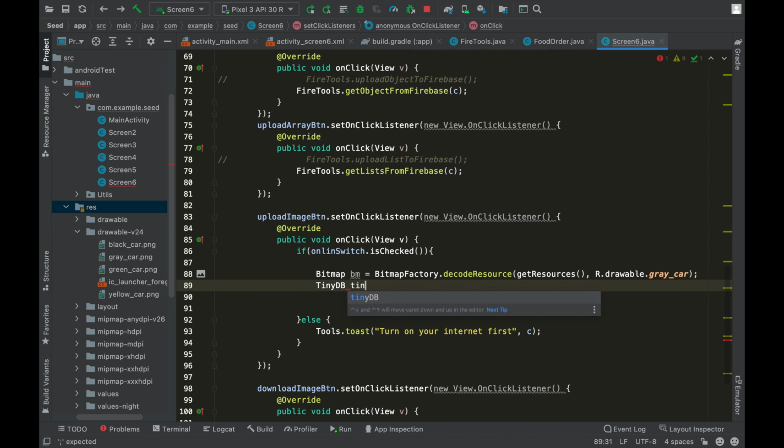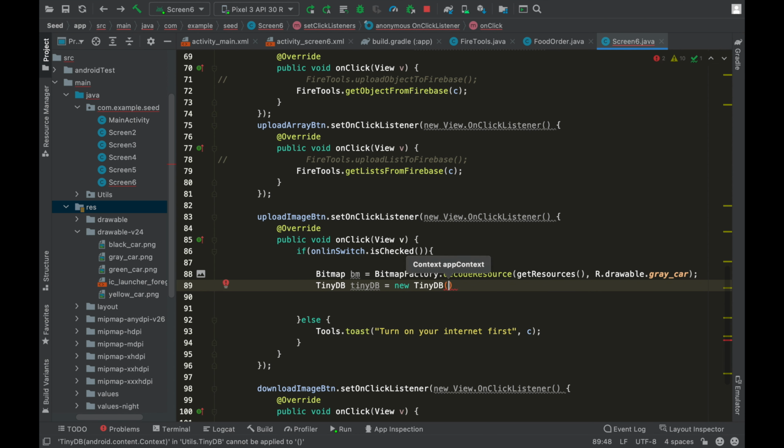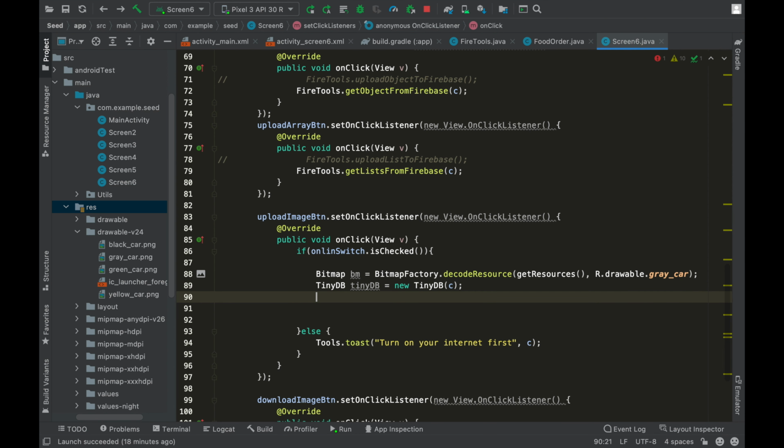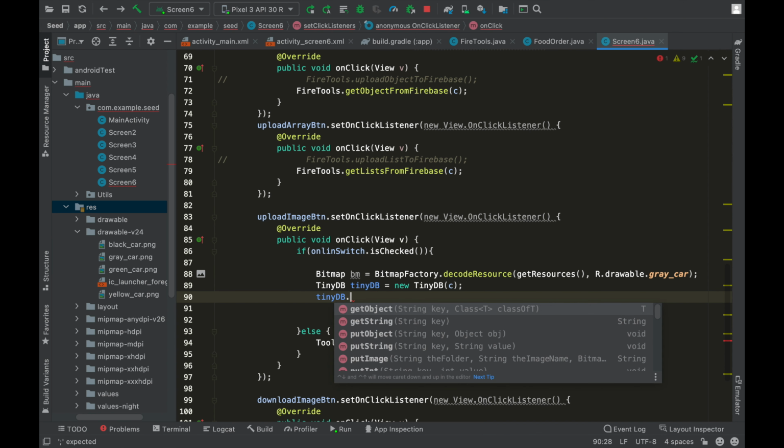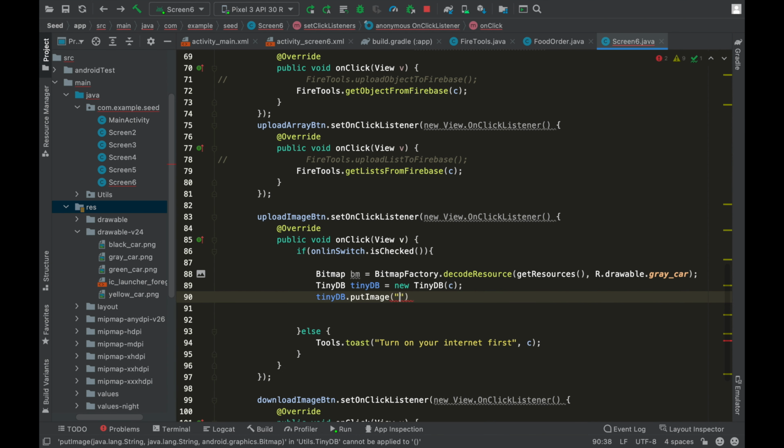I call it tinydb equal to new TinyDB. I'm going to pass in context, and then we are going to now store the image on the file system by saying tinydb.putImage. We want to store this in the folder images/cars. Then the next parameter is,